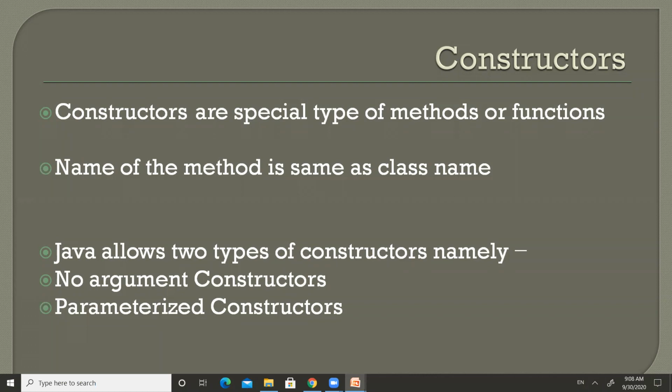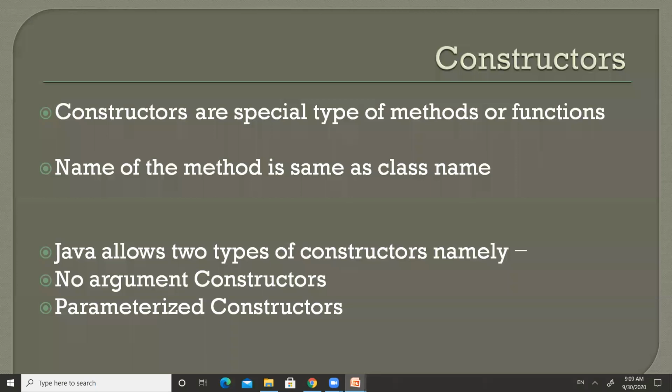Next, in Java programming language, the constructors are divided into two categories. The names of those two categories are no argument constructors, that means no parameter constructors, and the second type is parameterized constructors, right?